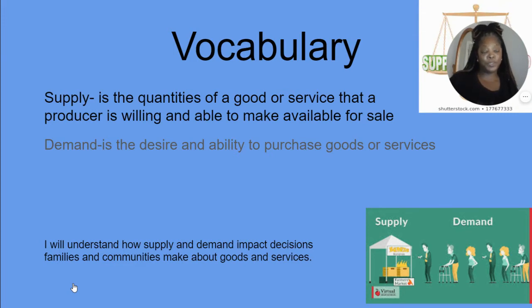So, what do we use to purchase goods and services? Money. Okay. So you have to have money in order to purchase these items that you need. Right now, we know that everybody is in need and wants hand soap, hand sanitizer, toilet paper, and paper towels. So those supplies are in high demand.